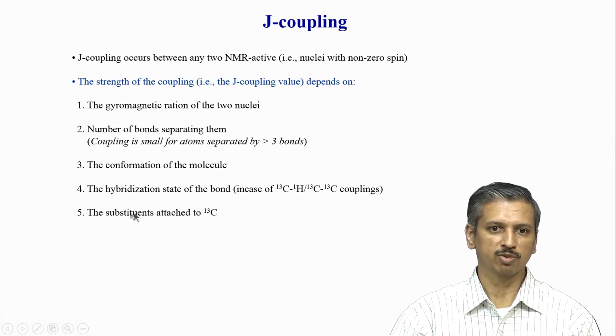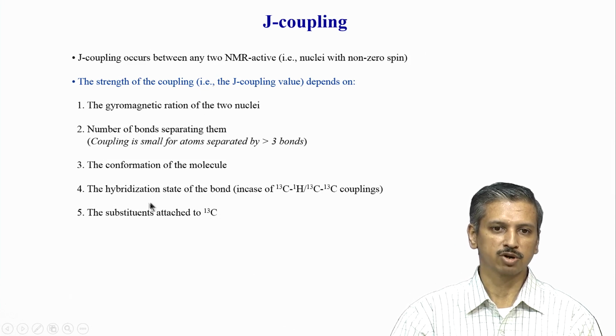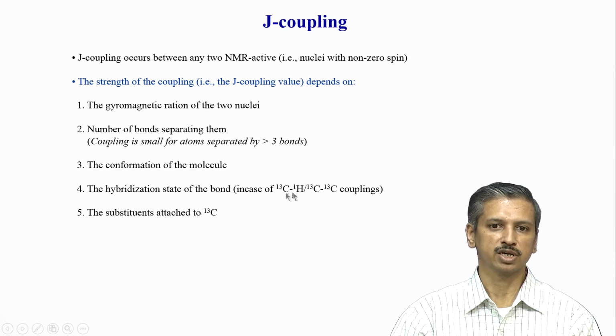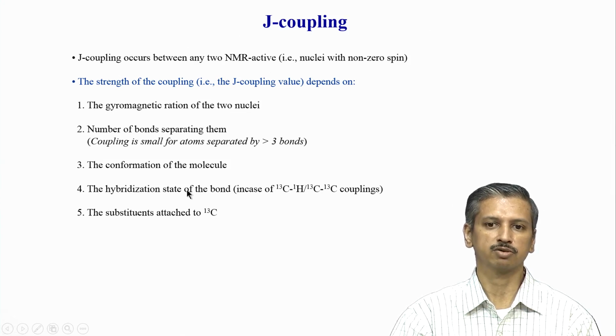So, these parameters are very important in biomolecules. One should remember these things, because this is how it will affect our sensitivity or the pattern we will see in heteronuclear NMR of biomolecules, and it depends on the hybridization state. For example, in aromatics the hybridization is sp2, whereas in aliphatics, in methyls, it is sp3, and therefore, depending on the hybridization state, the chemical shift and spin coupling will also change.